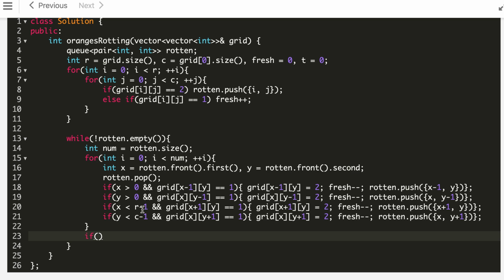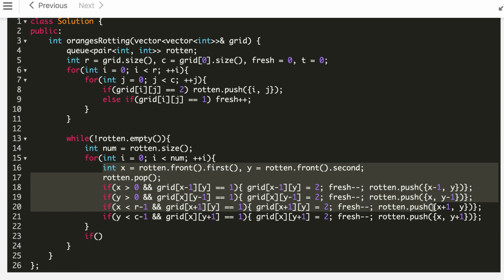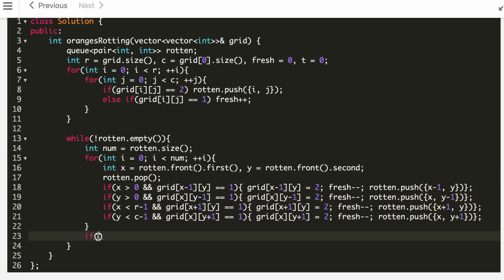And if we actually did rot any orange, then only we will increment the time step. If we did not make any progress, that is we did not find any fresh orange, then this rotten will be empty by the end of this loop. So if we did any progress, then only we will increment the time. Otherwise, either every orange has been rotten or we cannot proceed further. So if not rotten dot empty, then t++, and finally